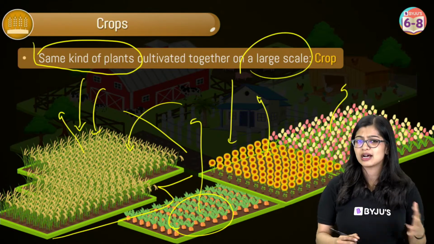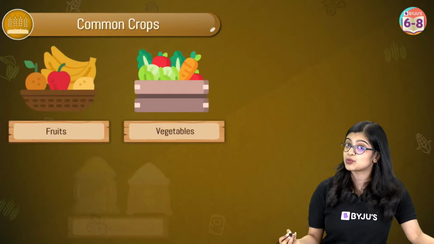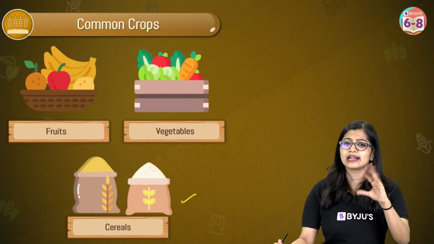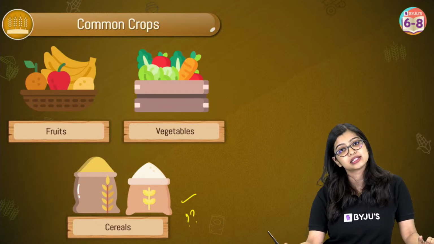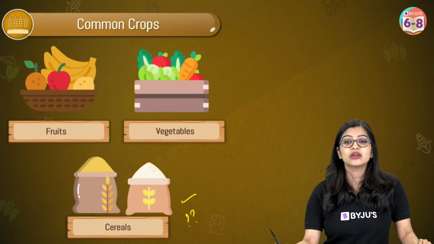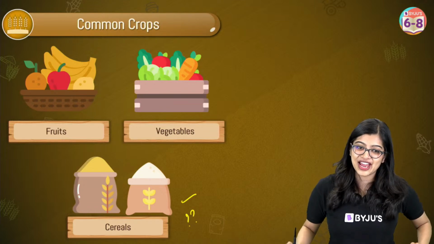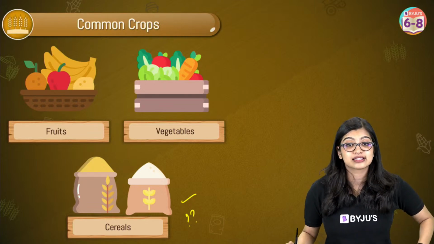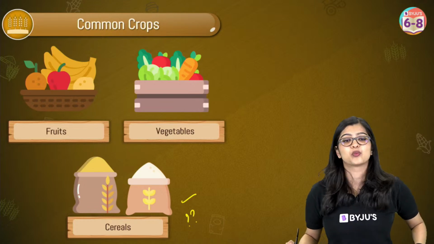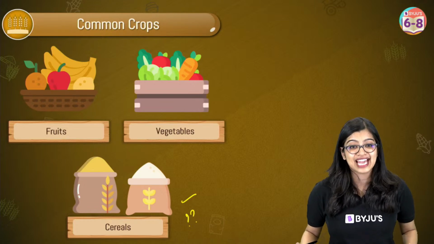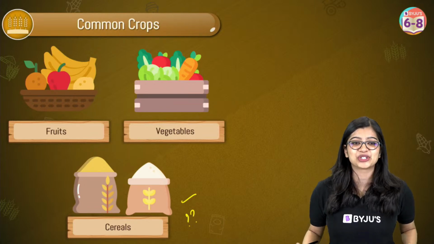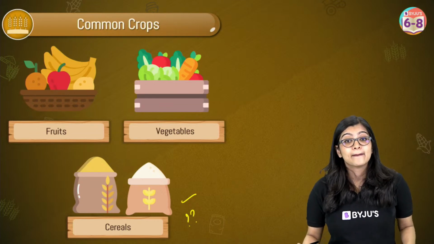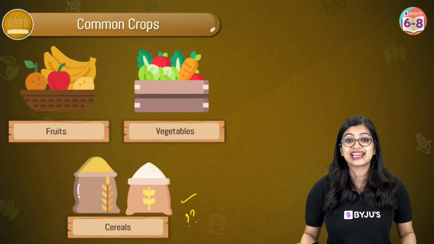Now we see that some common examples of crops, of course, include the fruits that we eat, the vegetables, and some cereals, right? So can you all take a wild guess and tell me, what do you think are cereals? I'm sure you would have heard this word. So what do you think are cereals? Yes, very good, Himanshu. Paddy, yes, wonderful. Okay, I can see that. Yes, wonderful. Yes, Kanishk, rice. Wonderful. Yes, Amisha. Yes, Ajay, wheat and rice. Naina saying wheat, rice and maize. Wonderful. Okay, so I can also see some answers wherein we are getting pulses.